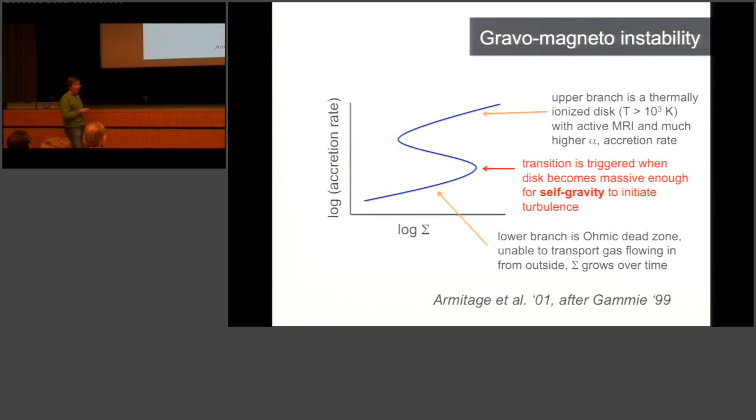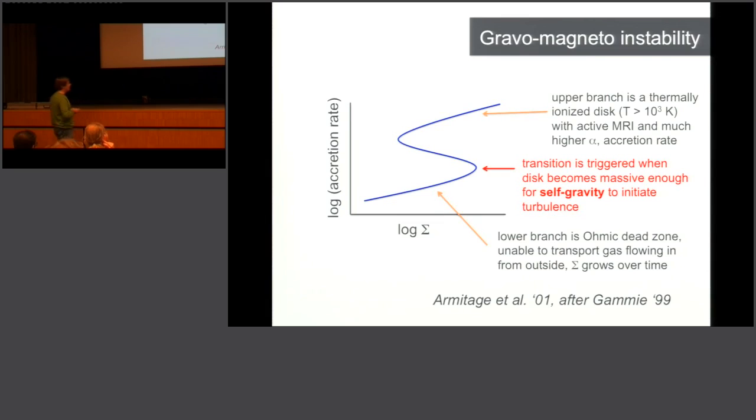So how this might work in protoplanetary disks could be related to the sort of dead zone physics we were talking about this morning. So this has been called the gravo-magneto instability. This is Rebecca Martin and Steve Lubow's name for this kind of picture. And the idea here is that the lower and upper branches are no longer directly related to the ionization of hydrogen. Rather, the lower branch is one of these dead zones at small radii in the disk where ohmic diffusion strongly damps the magnetorotational instability,